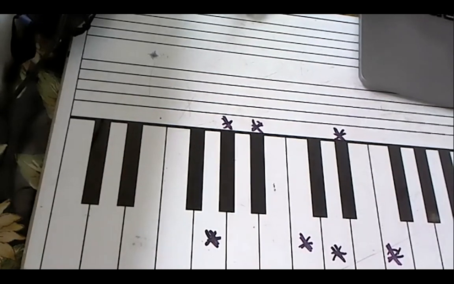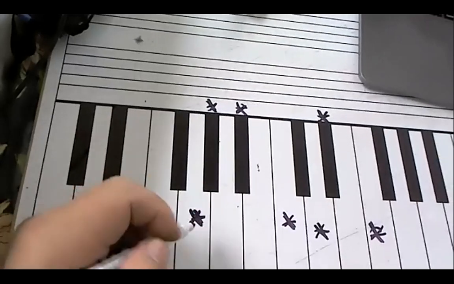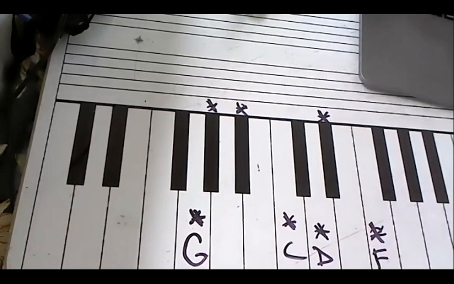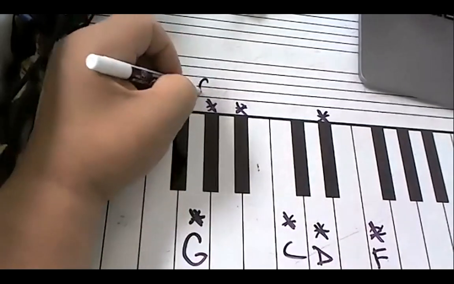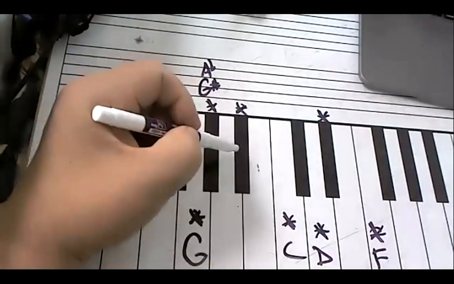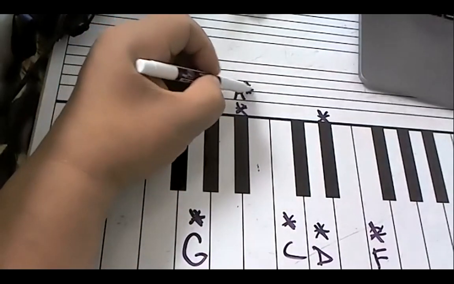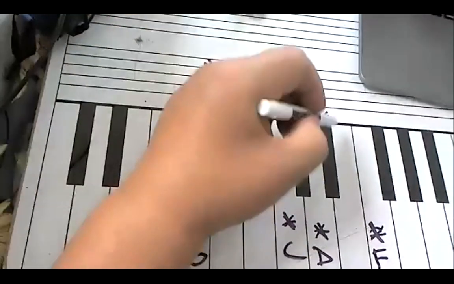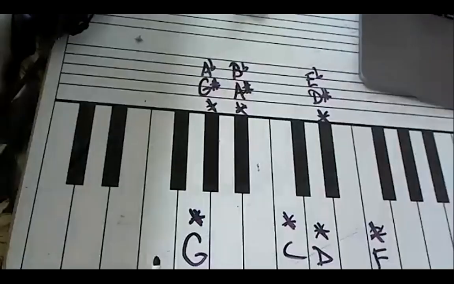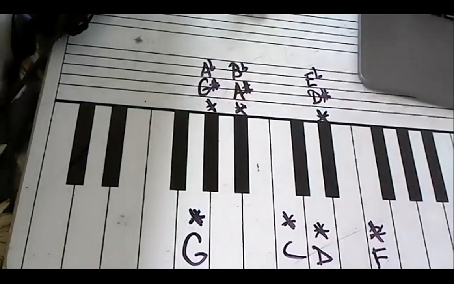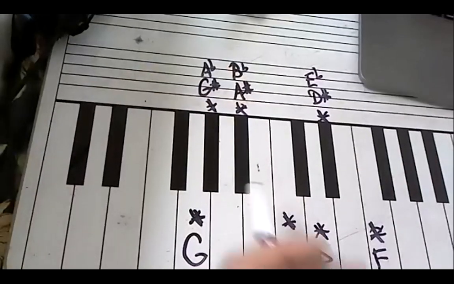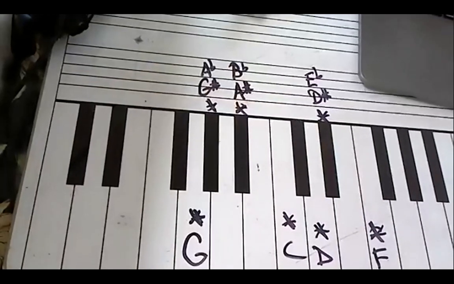Okay. So let me walk you through this. That's a G, that's a C, that's a D, that's an F, right? Okay. This is a G sharp or an A flat. This is an A sharp or a B flat. This is a D sharp or an E flat. Now, question is, which one is it? Which scale is it? So as I look at this here, I go like, there's 3 sharps or 3 flats,